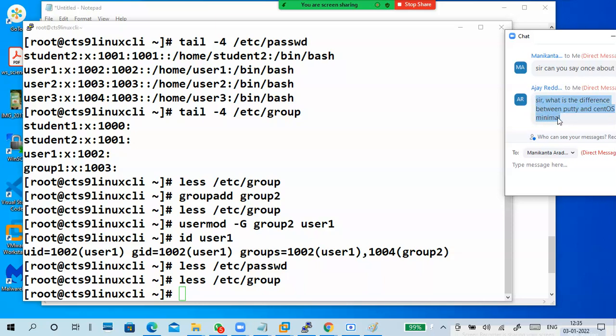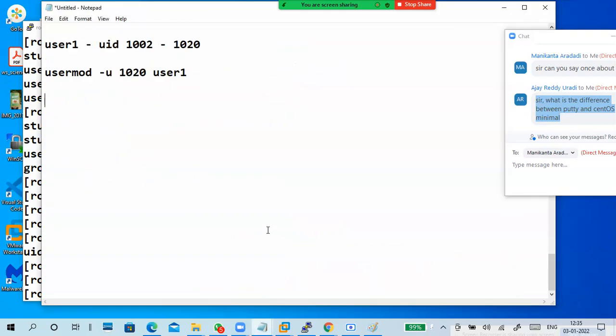You cannot say, how can you ask a question like this, Putty and CentOS both are different, so you can't scold them. So these questions will be compulsorily accepted here in my classroom. Why? Because in interviews they ask this type of questions, that's the problem. Okay, so we'll see this kind of questions.